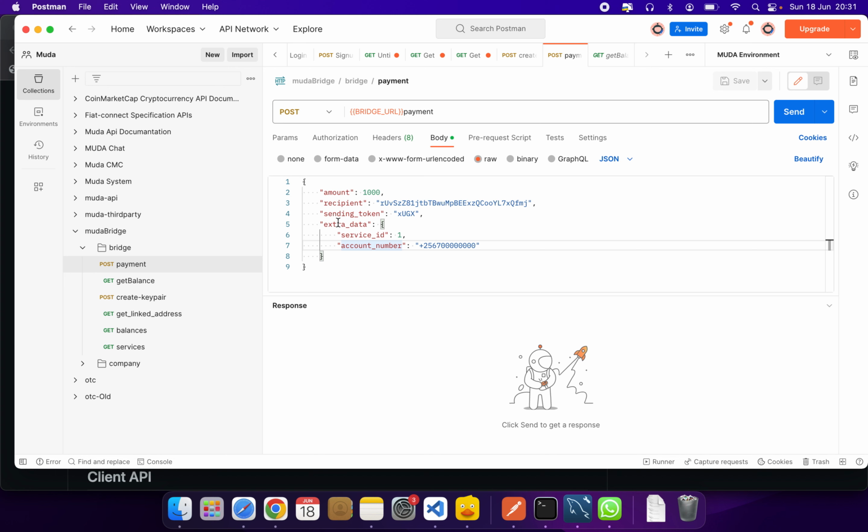How this works is you select an amount and the sending token. We are using UGX here, for example, which is an asset that has been created on Ripple. Then you choose a service ID and an account number. Now, the service ID